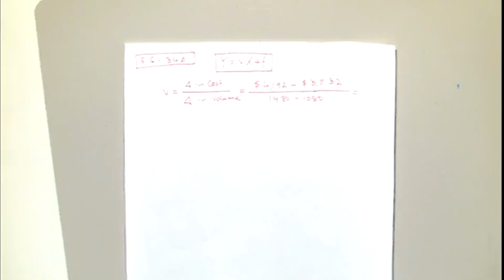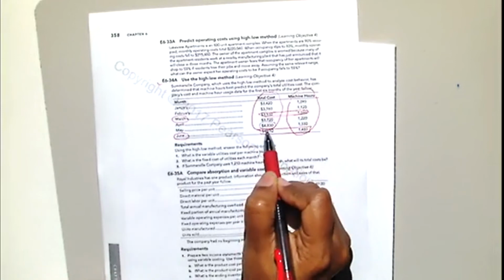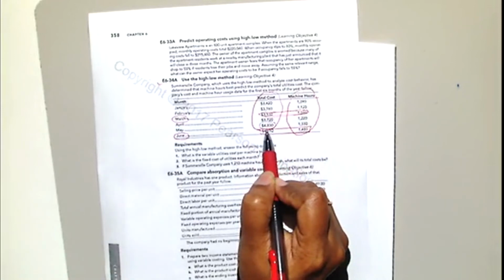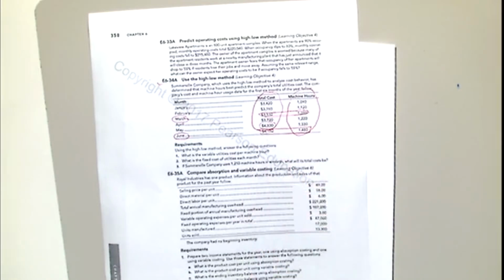4,800, which one do you use? Oh, you pick the cost, right? Based on your cost. Yeah, Courtney's question is also correct. Courtney said that she didn't look at the machine hours. She picked based on the cost, because 4,800 is the highest cost. So you thought this is the highest level of your production. You could also do so. You will get a slightly different answer. But that's fine. So pick the highest